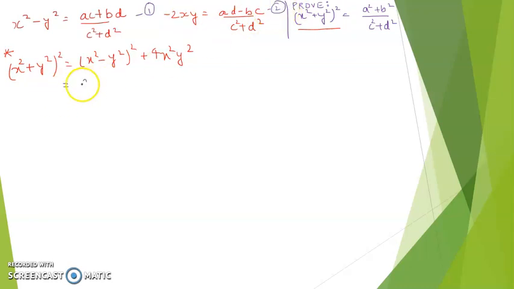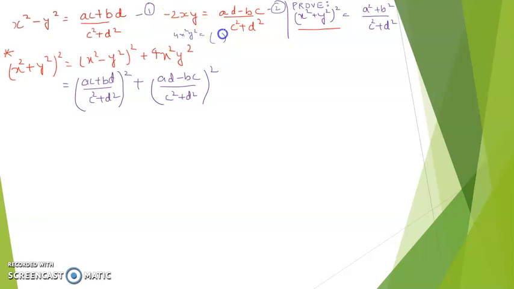So I'm solving now. ac plus bd upon c square plus d square, whole square, plus, if I take square of this, this will be 4x square y square is equal to ad minus bc upon c square plus d square whole square. Are you following, students? If I take square of this, minus 2 whole square will give me 4x square y square is equal to square of this term. Followed? So that is why I'm writing here directly. So 4x square y square. Now I can open this and solve. So this will give me